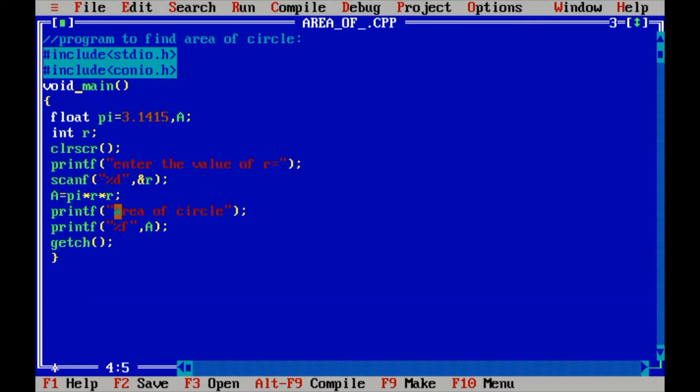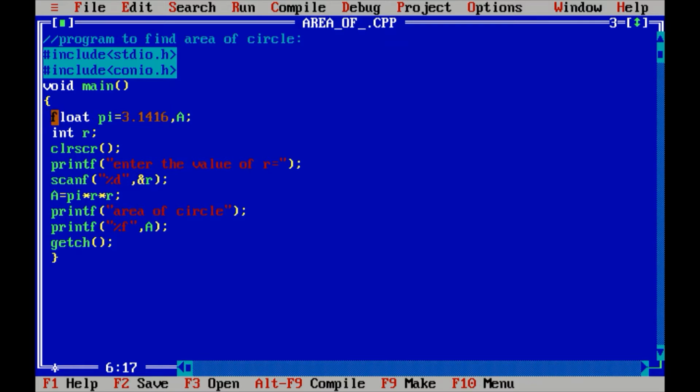Then opening curly braces, then float pi = 3.1416. I have to write 3.1416 here, it's the value. And the other variable, capital A. You can write capital A or small a, anything you want. Here I have written the float data type because I have passed the value 3.1416, which is a decimal type value.